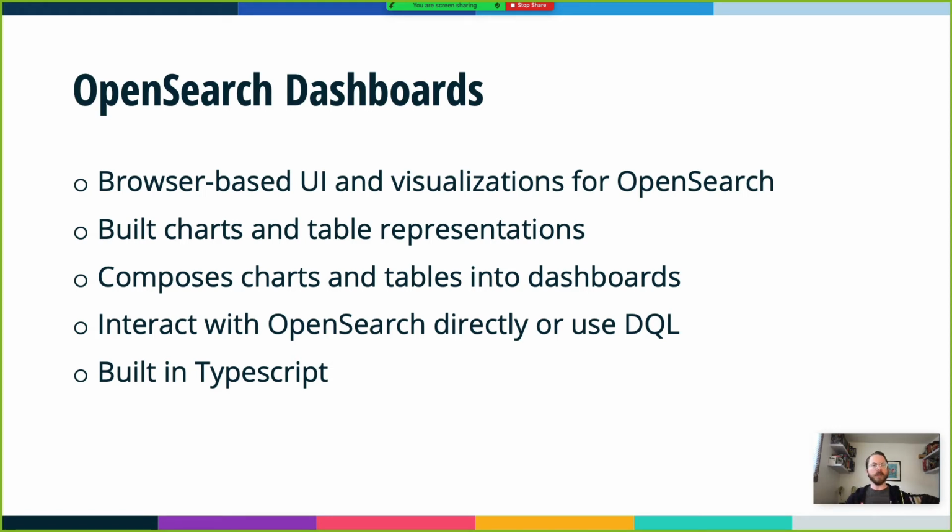You can interact with OpenSearch directly, basically applying the REST API into a portion of OpenSearch Dashboards and interacting with it as if you were interacting with it through curl, with just a few extra things. It makes it a little nicer to use. If you've ever tried to format a lot of JSON in curl, it's not fun. Or you can use DQL, which is the Dashboards query language, which simplifies a lot of the things that you might have in the DSL, which is the way you would normally interact with it.